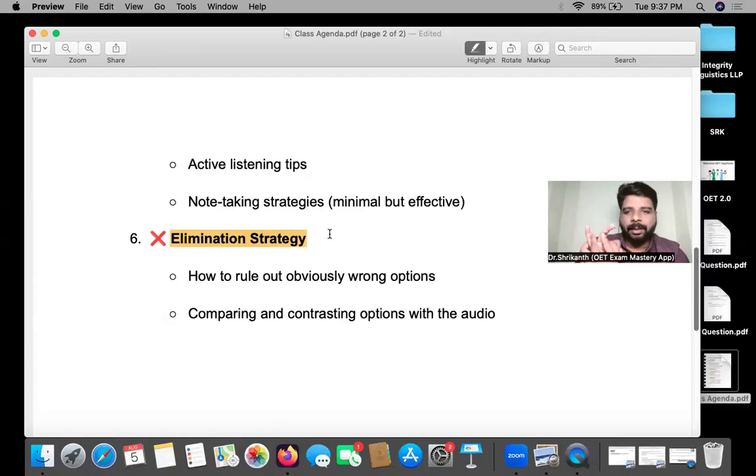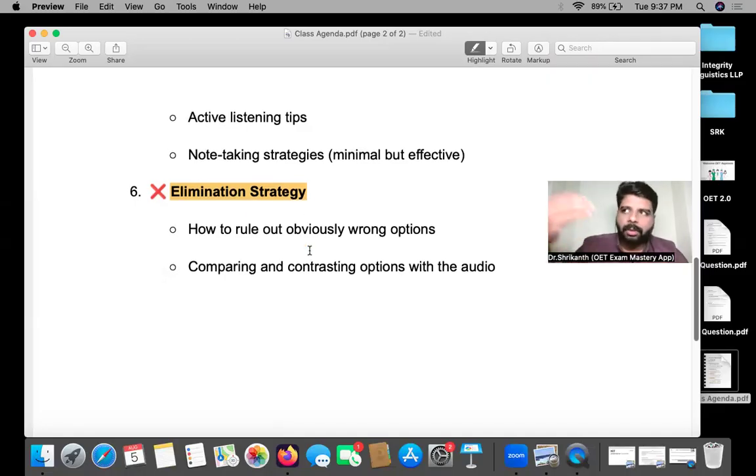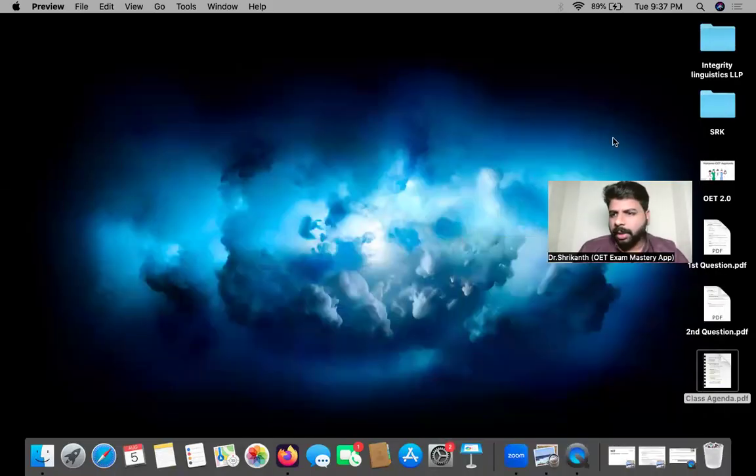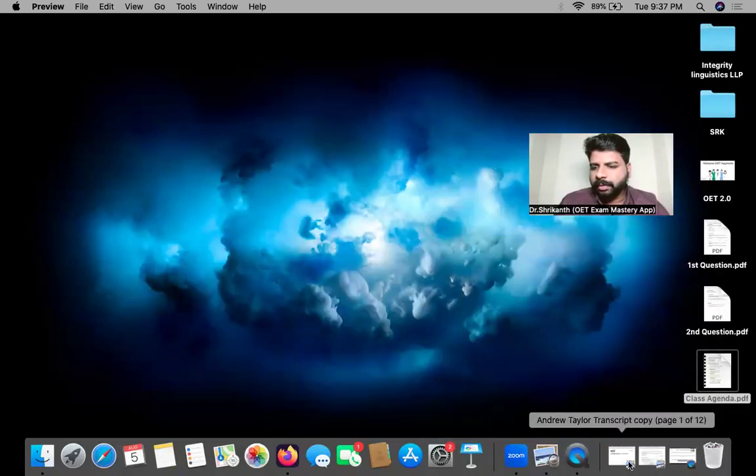Now, if you're lucky, even if you don't know the correct answer, if you make a guess also, because you have eliminated one incorrect option, and if you're a little bit lucky, you can still choose the correct answer option. So elimination strategy is very important. And at least one you should be able to eliminate very, very easily. Right. So this and all we'll be discussing in today's session. So let's take a look into the question paper that we'll be discussing today.